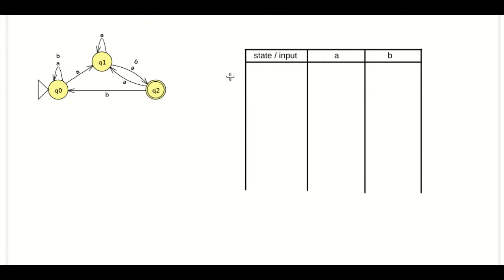The idea behind the conversion is that we will use the transition table to convert an NFA to the corresponding DFA. First we will start with the initial state. Here the initial state is Q0, and we draw the transition for this. We note down the transition for Q0 on A and B. Q0 on A, it is remaining in Q0 as well as going to state Q1.